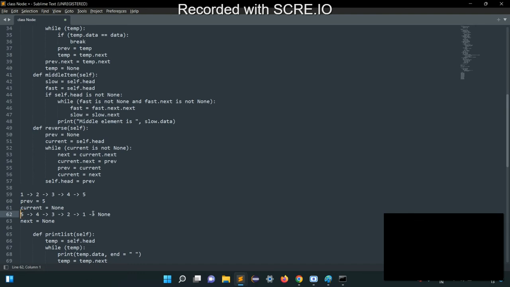So when you want to print this, the output of 1, 2, 3, 4, 5 will be 5, 4, 3, 2, 1. This none will not be printed, but just to show that 1 is pointing to null or nothing, I have written none there. So this was the logic of this reverse